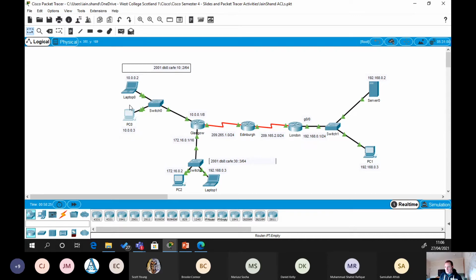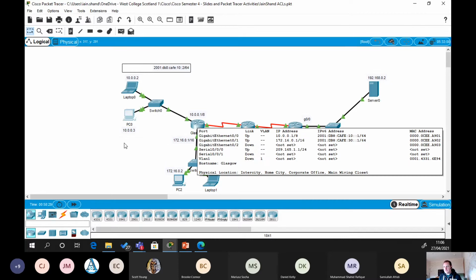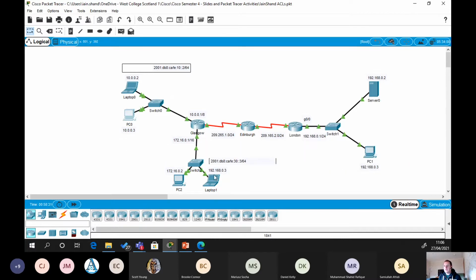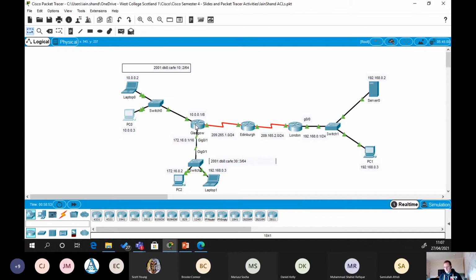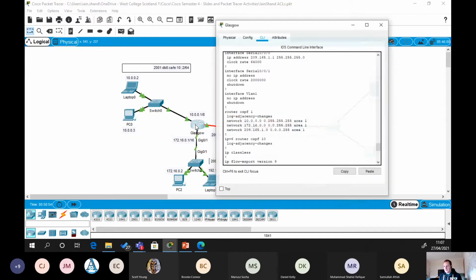Okay, so what we're going to do is on the Glasgow router, we're going to create an IPv6 access list to block 30::3 from getting to 10::2 on this one. Okay, so that's going to block that at that point there, and we're going to apply it on the gigabit 01 in an inbound direction. Okay, so let's go into the Glasgow,